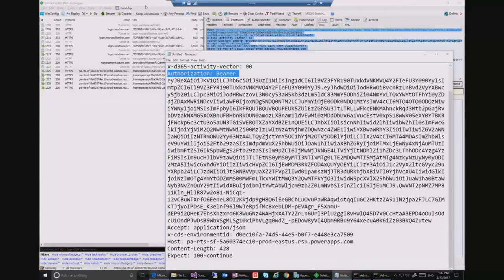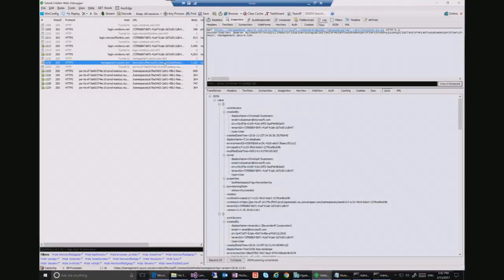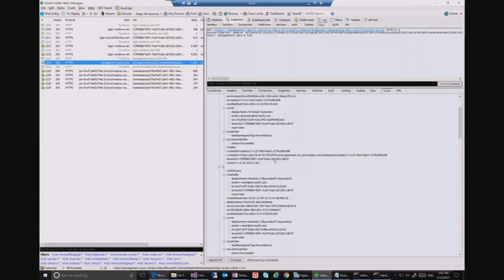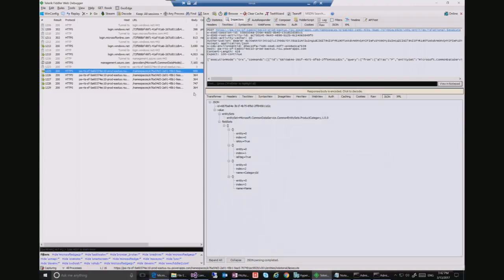Those were the first set of calls that we saw through Fiddler. Second set of calls are discovery calls. Ones that enable you to actually go and find the runtime, a specific runtime instance of CDS that we're going to make the calls against. This gives us a list of all the CDS instances, environments that we have access to, and we use that to find a specific URI of the endpoint that we're going against.